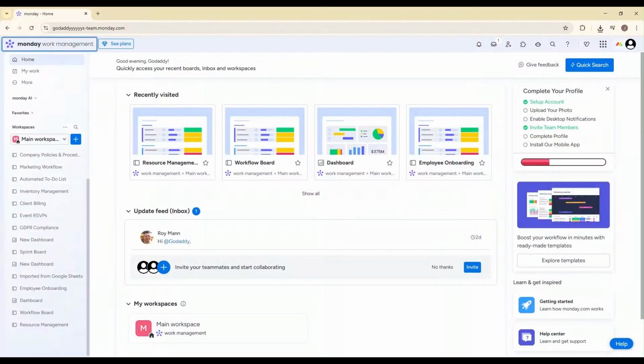In today's video, I'm going to show you exactly how to copy a Monday.com board step by step, whether you want to reuse a project template, duplicate a workflow for a new client, or create a backup of an existing board. Copying a board in Monday.com is quick and incredibly useful. By the end of this tutorial, you'll know the different duplication options available and which one to choose depending on